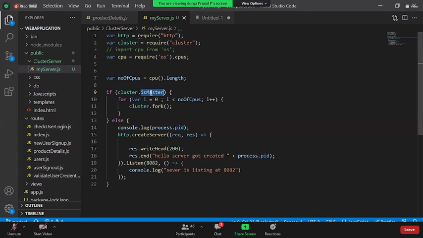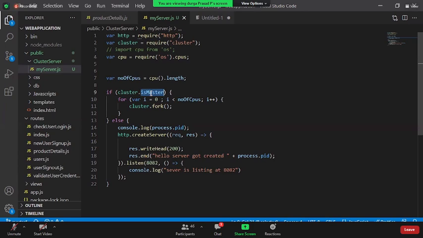Sir, does it create 4 copies including the master or excluding the master? Including the master, it is 4. Okay, so master is 1, and then it creates the other 3. Yes. Thank you. Sir, you said that instead of master, we can write primary. Does it work? Yes, but actually in my machine, is primary is throwing false. But in general, either is master or is primary is going to return true. Am I clear, ma'am? Yes, sir.